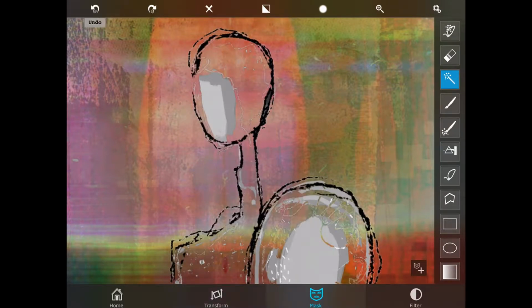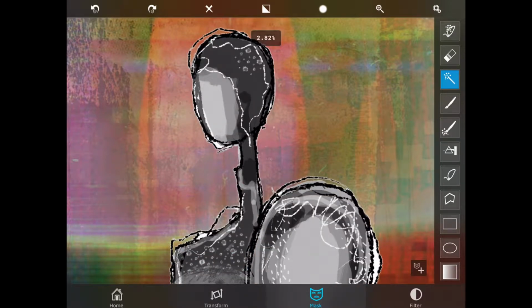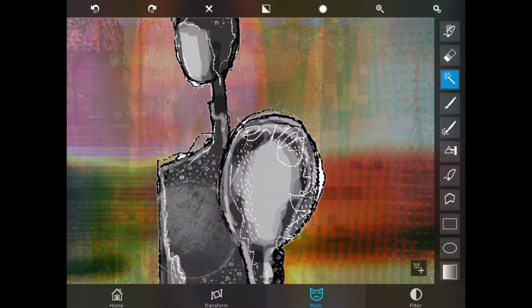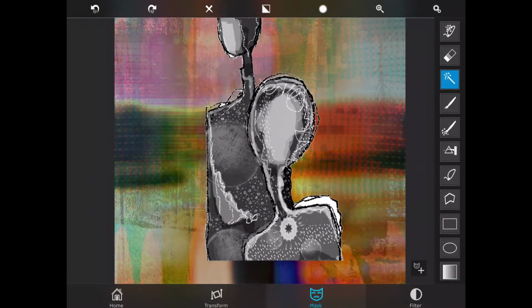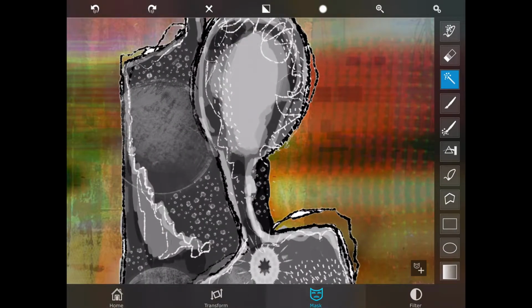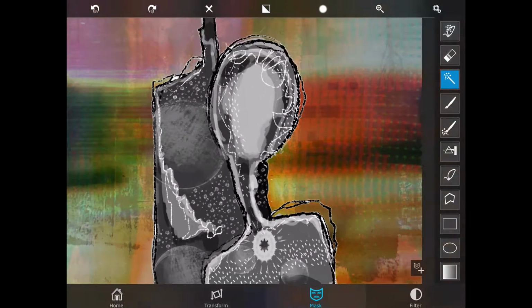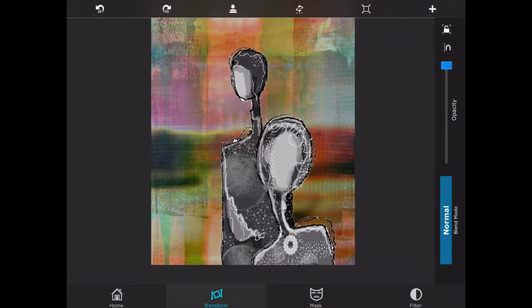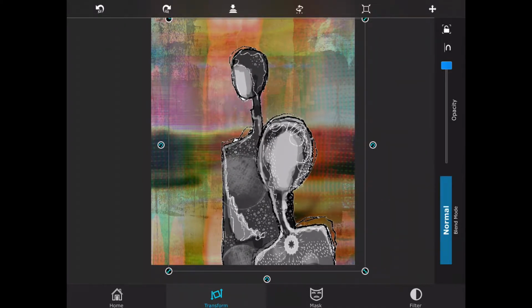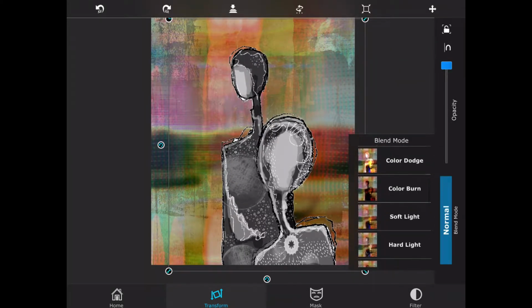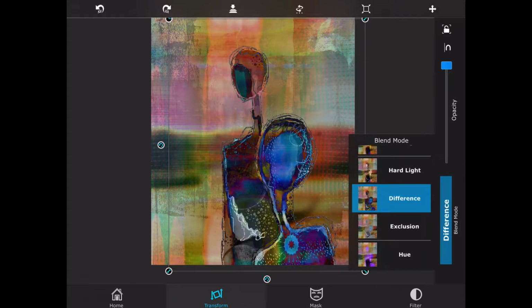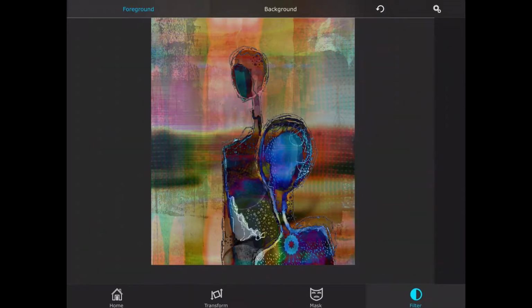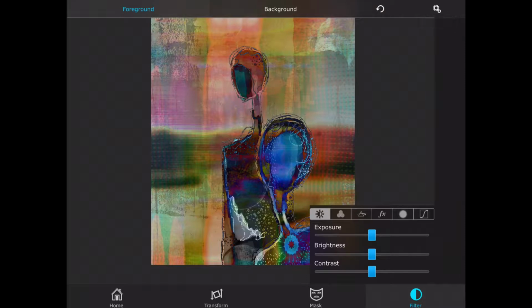And that's too much. Undo. Just get rid of just a few of these. There we go. All right. Now I'm going to position these. And I'm going to put these guys in the difference blend mode, but I'm going into the filter section here,